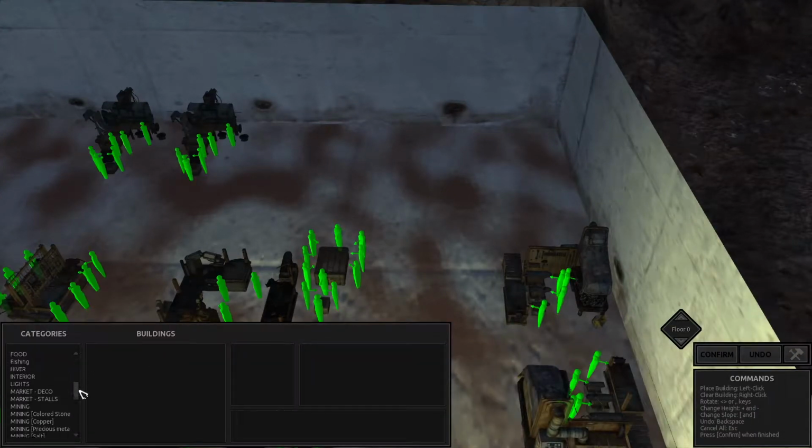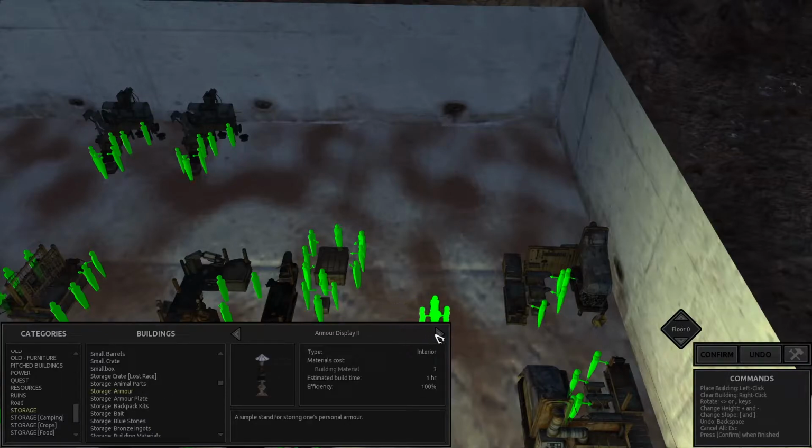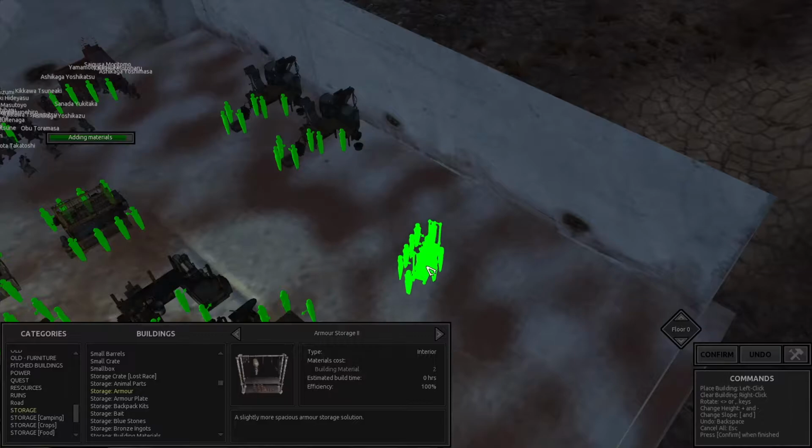And now we're gonna put down some storage. Storage, armor display, armor storage. So what we're gonna do is we're gonna put it down,